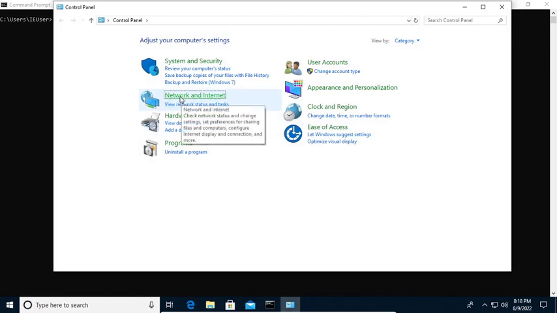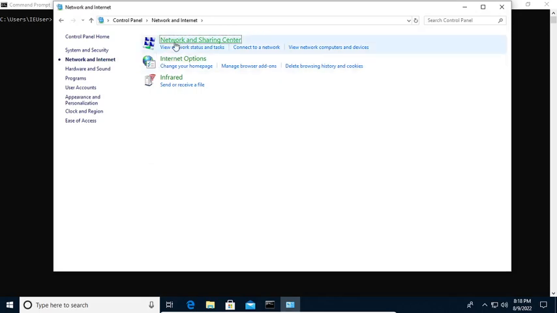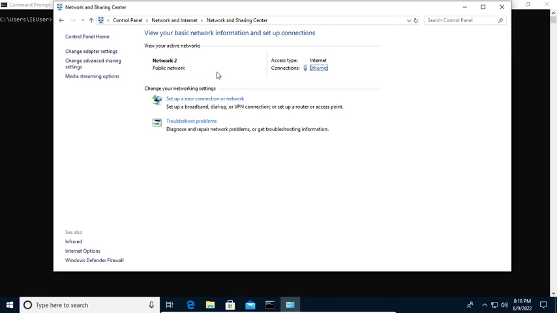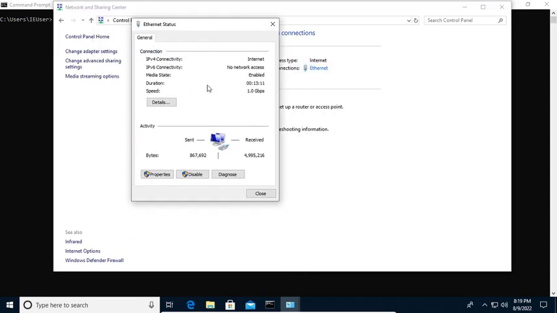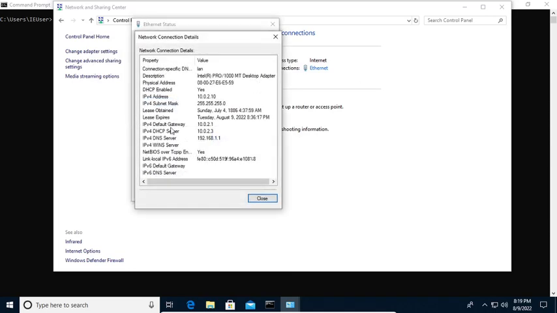We can just go to the network and internet, look for the network and sharing center, view network status and task. Then we have our network 2 here, which is the network that I'm currently using for this machine, and currently I have my Ethernet here, and for me to be able to find the MAC address, I'll need to go and check details. And from there, you would see I can find the physical address of this device